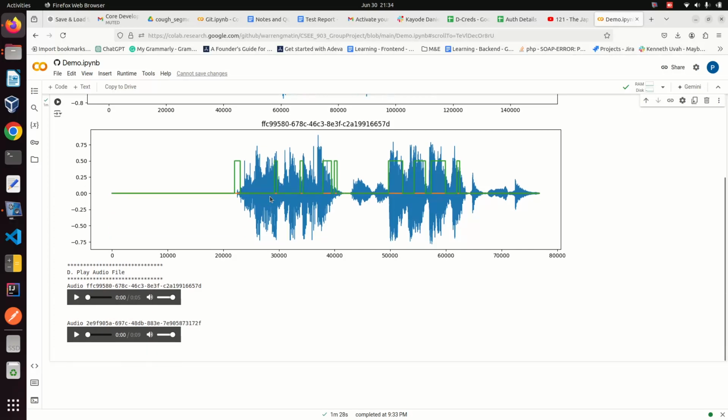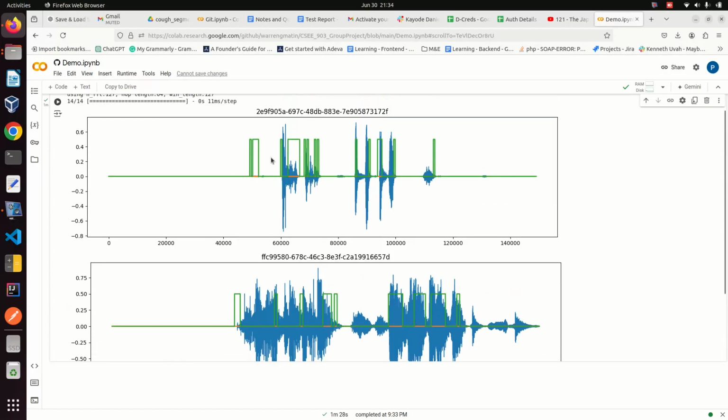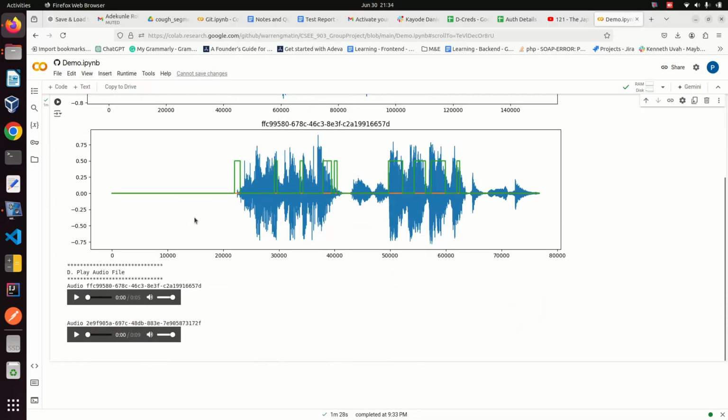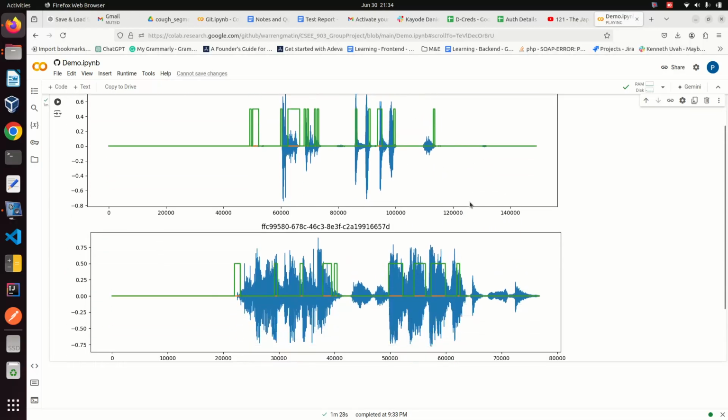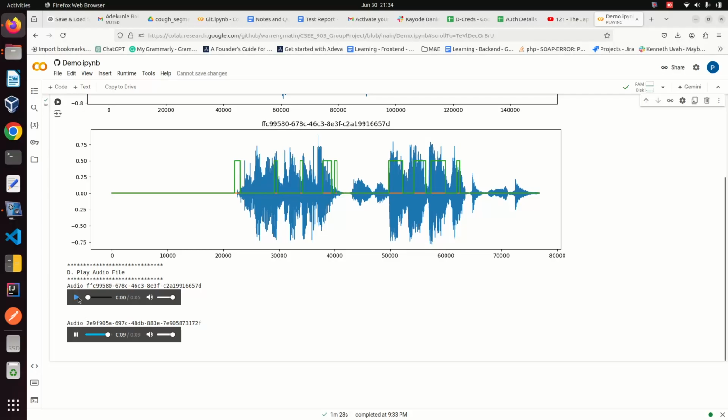For audio with cough sound, I think these have cough sound, it performs kind of okay to segment cough sounds. But for audio without cough sound, it mistakes